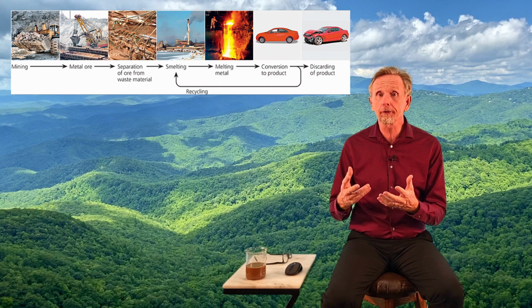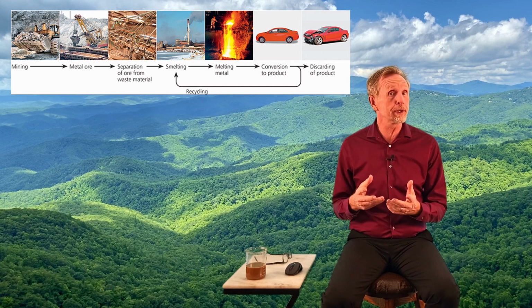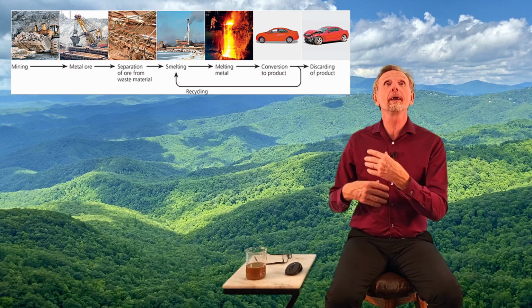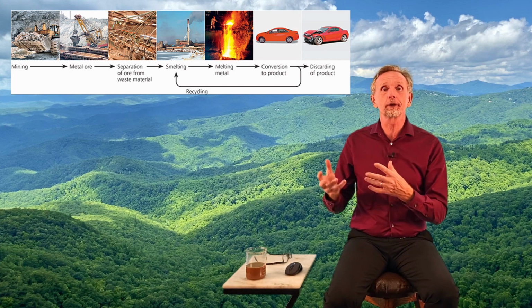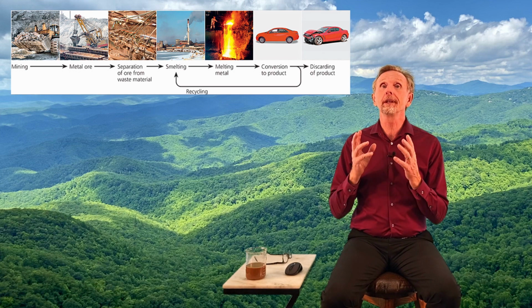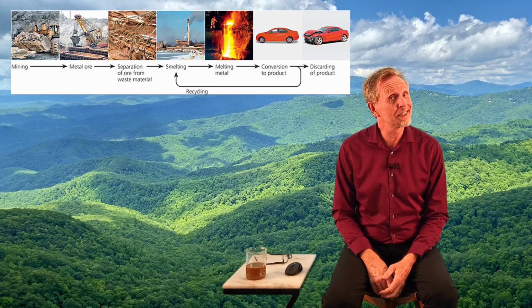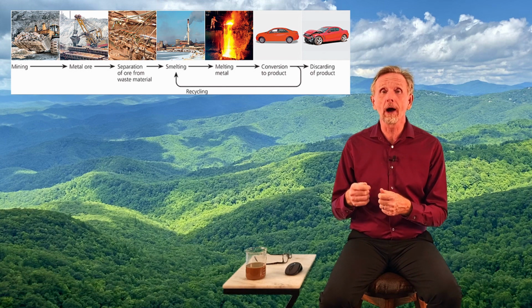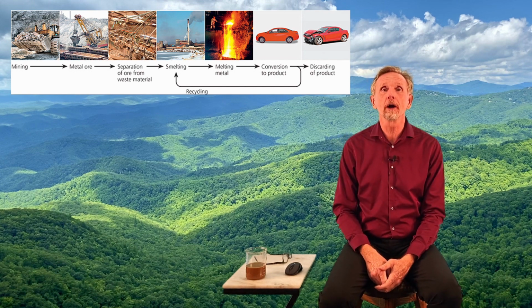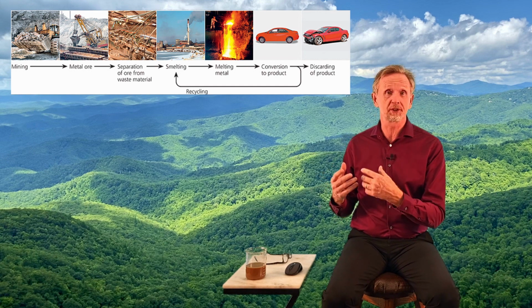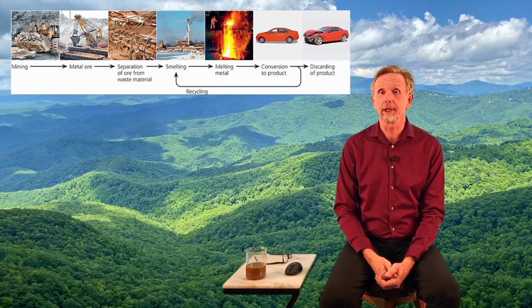Now, as we use the car, there's a part where we can recycle it. We might reuse it. Let's say you finish with your car, you may resell it to someone else. Ultimately, it could wind up being recycled, and then eventually there's throwing it away. We discard it. So we can use things for a while, but eventually it's like a wrecked car, and it may just be tossed or put out to junk until it rusts, and it's really no good to anybody. But everything has this cycle. We pull it out of the ground, we use it, we can reuse it for a while, but eventually it becomes junk, and then we have to start the process over and go get new metal.